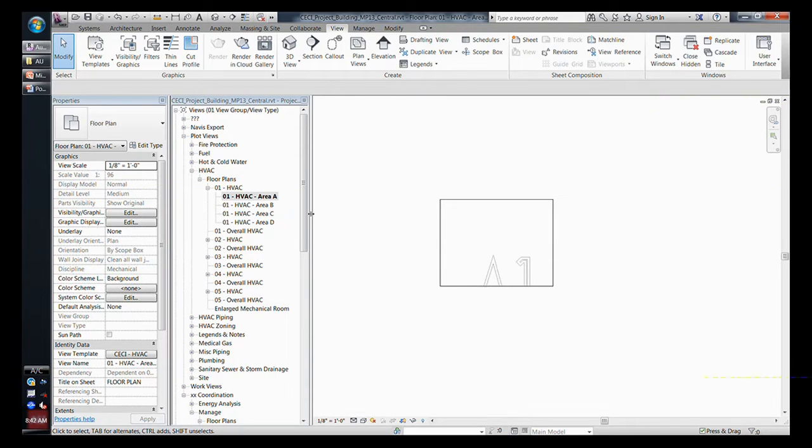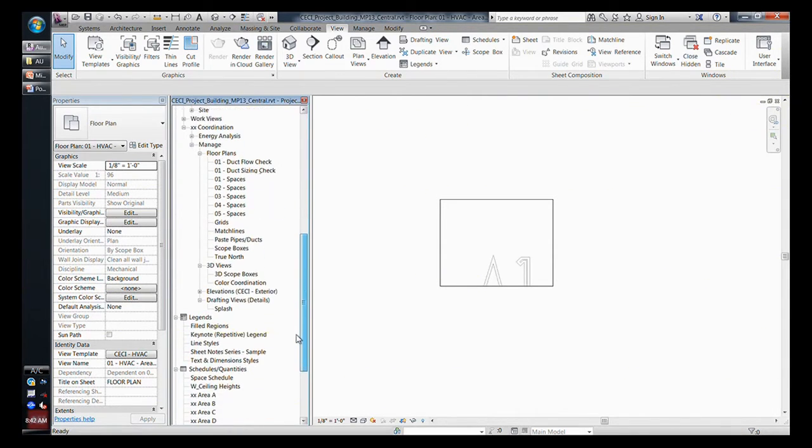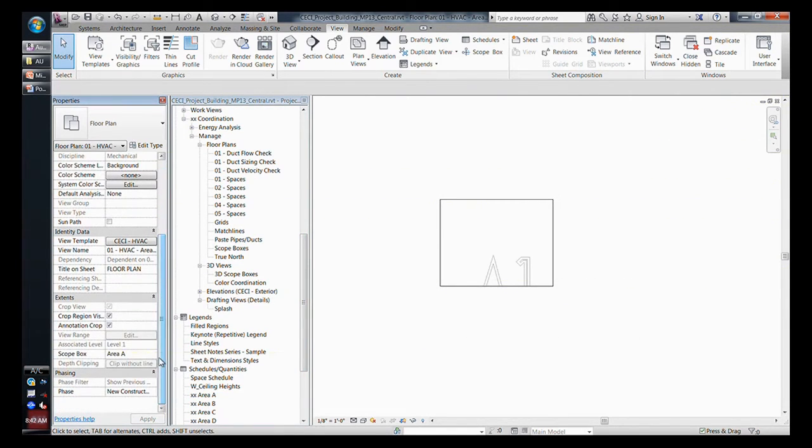It's pretty much mission impossible without scope boxes. But what I've done is I've taken this a step further, and I have pre-associated my area A views to a scope box area A. Now you might say, well, what is the chance that you will have a project with exactly the same crop and then another project is going to repeat that same situation? None. And what I'm doing is,